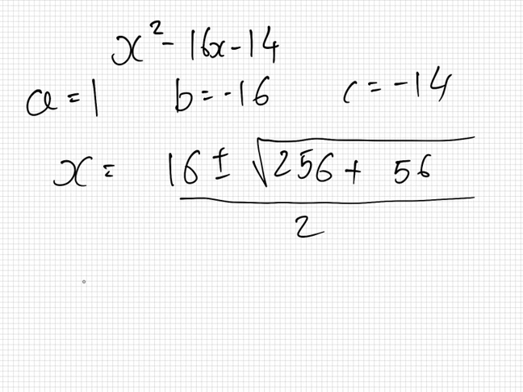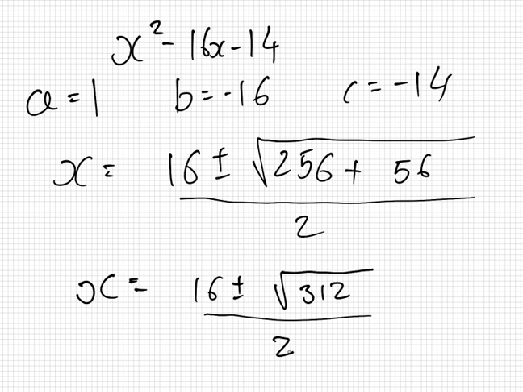Okay, so I get, please check on your calculator if those numbers are right, 16 plus or minus square root 312 over 2. I think that's right, yeah? Now, if you type in square root 312, it's not an exact number, it's a decimal. Now, we need to simplify. Remember our lessons on surds? So, if I have 312,